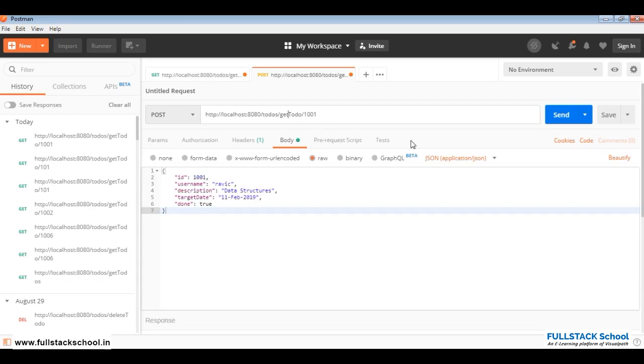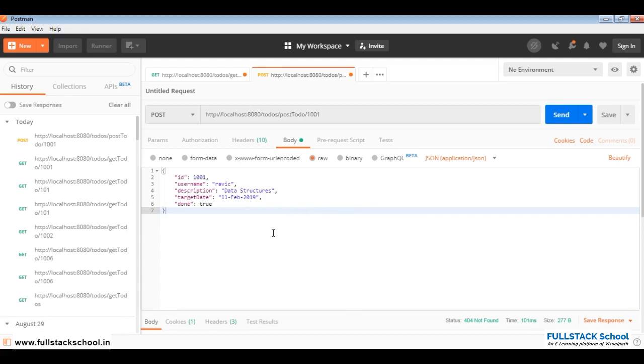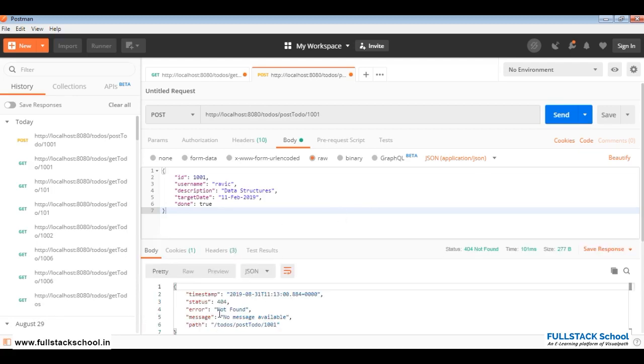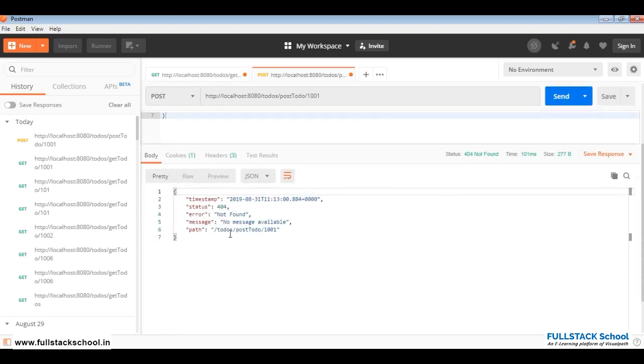It should be post toDo, and this toDo is already there in the database, and I'm trying to insert that. So the response I get is no message available,